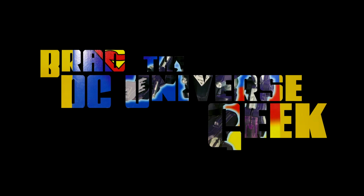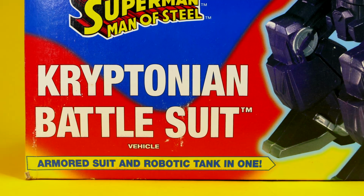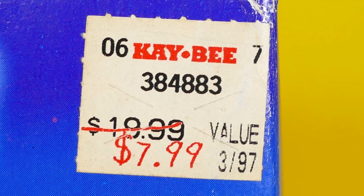Today we are going to be deboxing an old school Kenner Superman Man of Steel collection Kryptonian battlesuit. Armored suit and robotic tank in one. You can see here that in March of 1997, this baby was marked down from $19.99 to $7.99 at KB